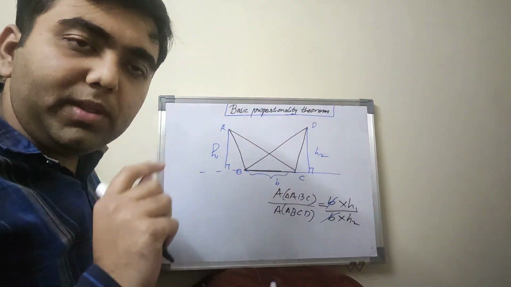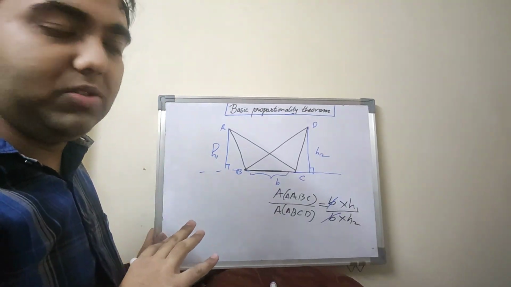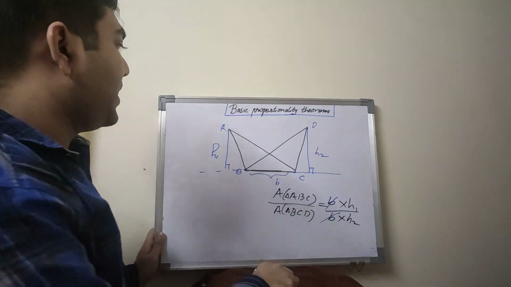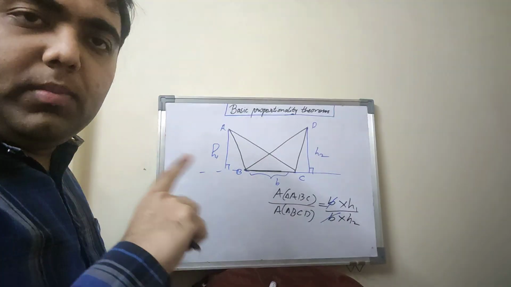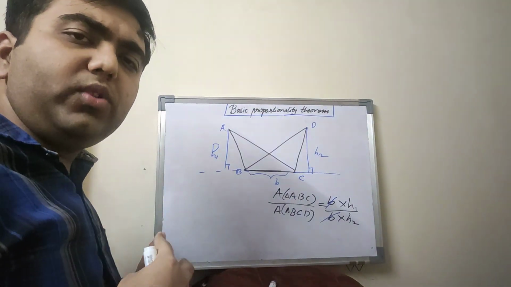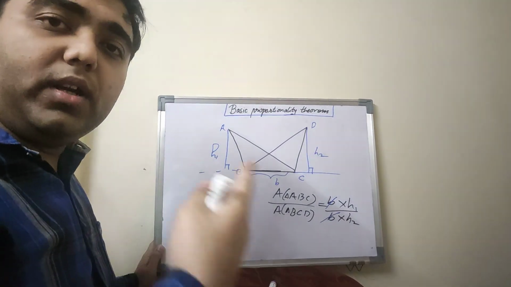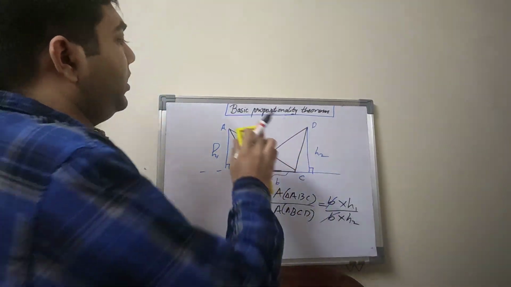Again, I get a very special relation. Two triangles with common bases and different heights, their areas' ratio is going to be the same as the ratio of their heights. So now we have talked two cases, one with common height, and the second with common base. Can I construct two triangles such that they can have common bases also and common heights also? Can we? Let's see. You need to erase this.